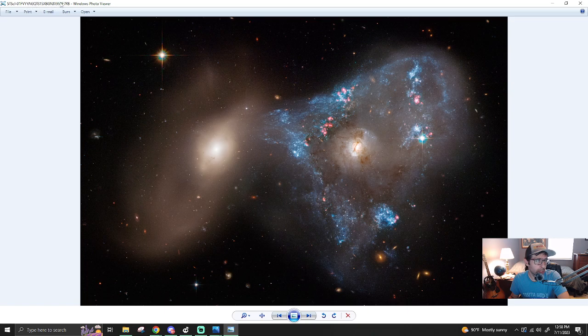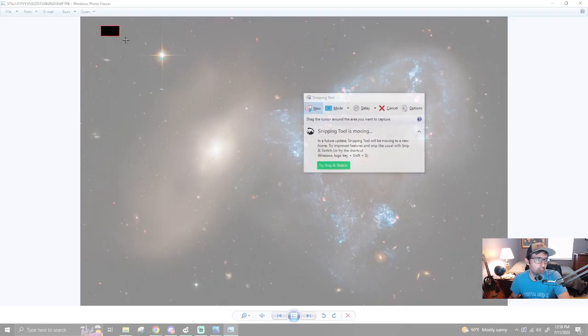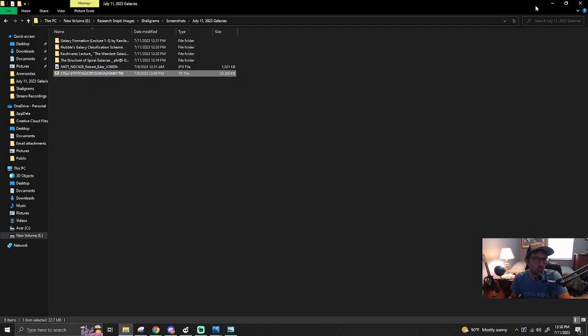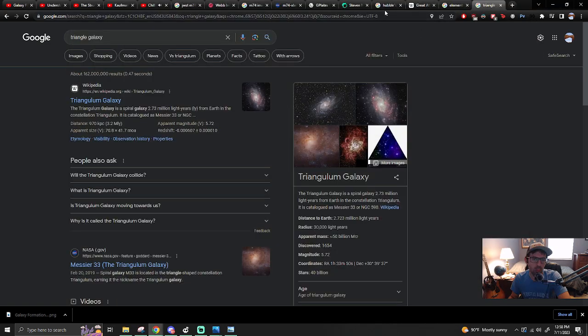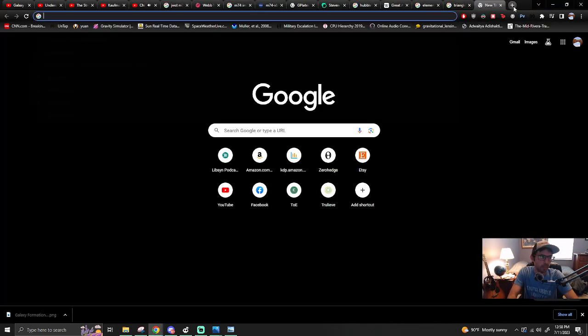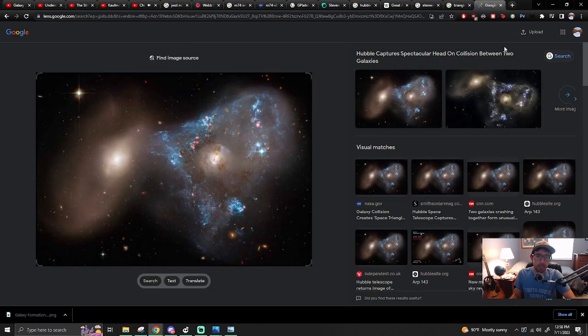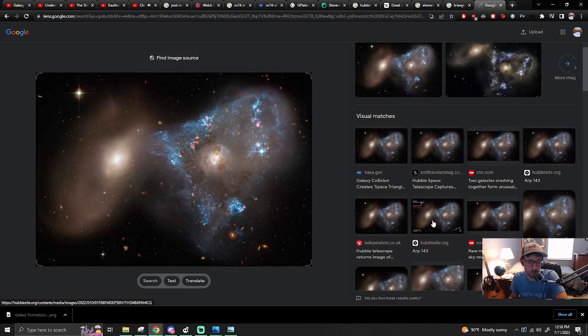Not sure what galaxy this is. Space Triangle, ARP 143, one of the ARP images,